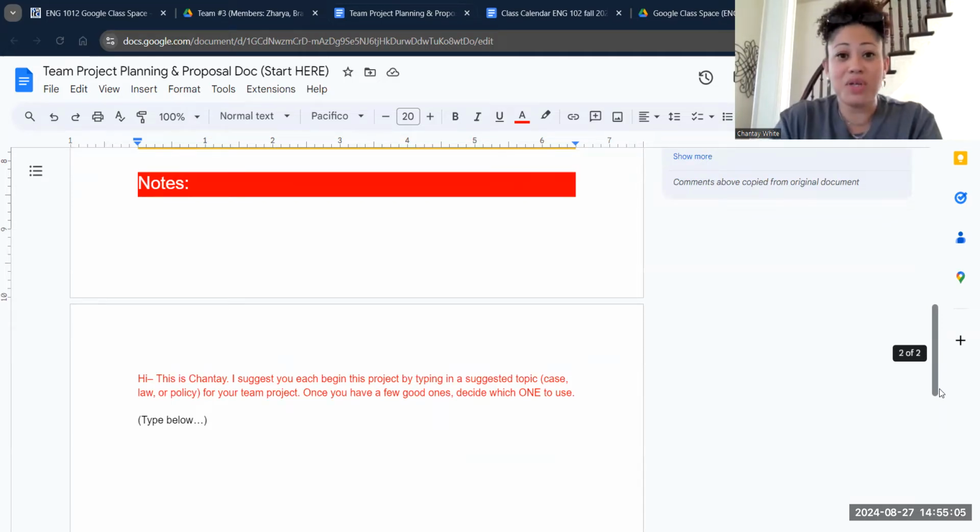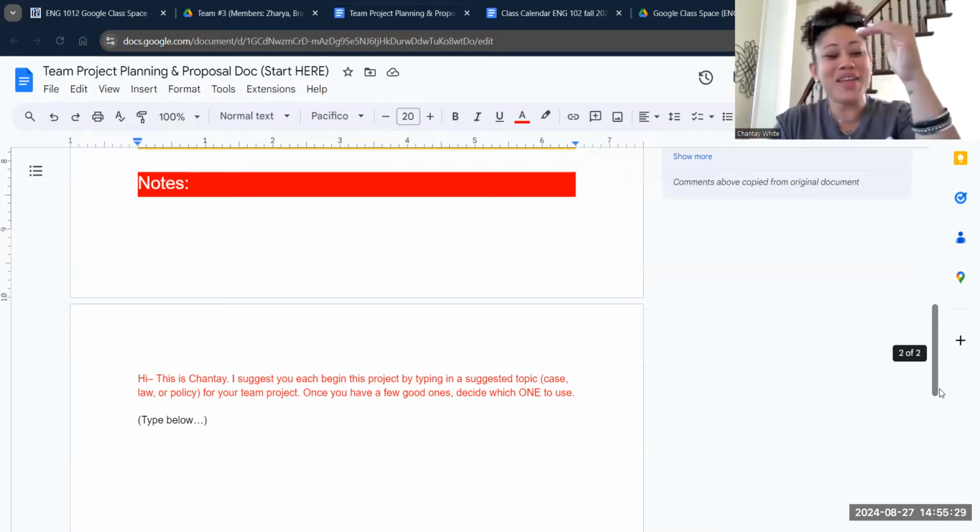Everyone will have to come to a consensus. So my suggestion is that you put in here what you would most like to do. Remember, last week you were responsible for looking at the assignment. So I know this week you already know that your topic has to come from a current law or policy. Laws are easier to think about. We know what laws are. Some of us have even been arrested before, right? We know if that sign says 25 miles per hour on the speed limit, that's a legal law. If we break it, there are consequences.